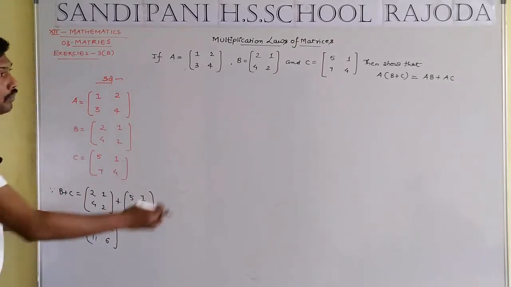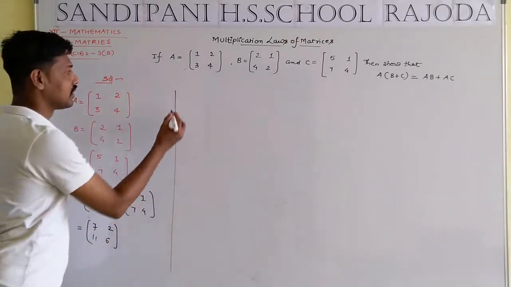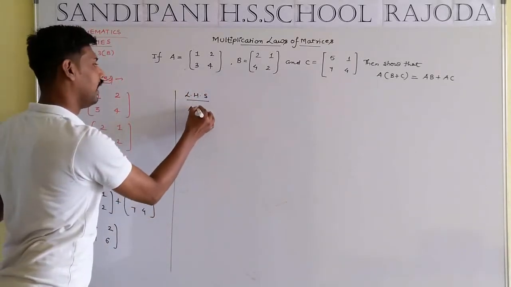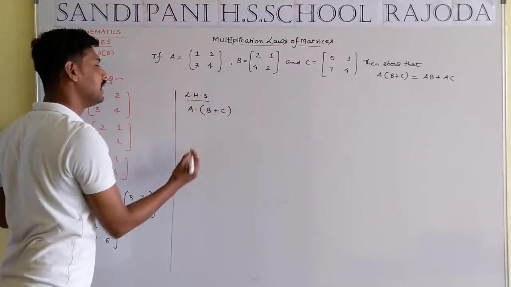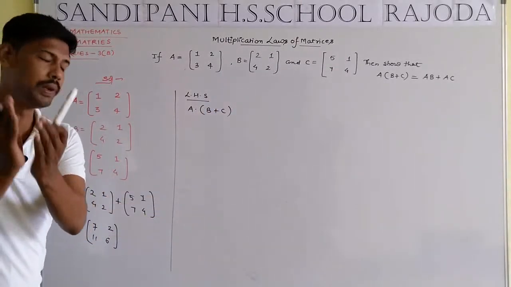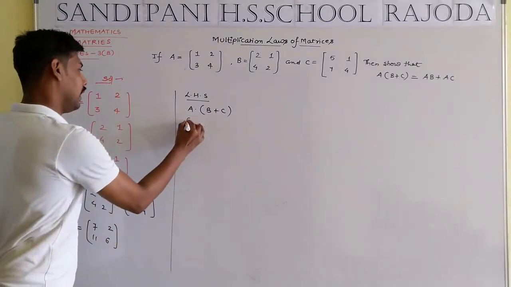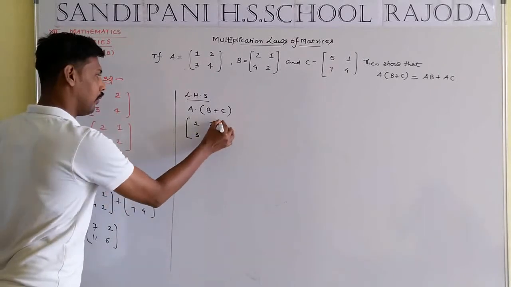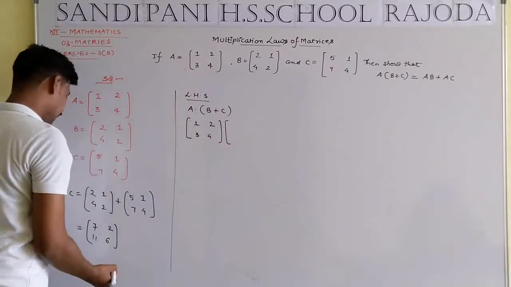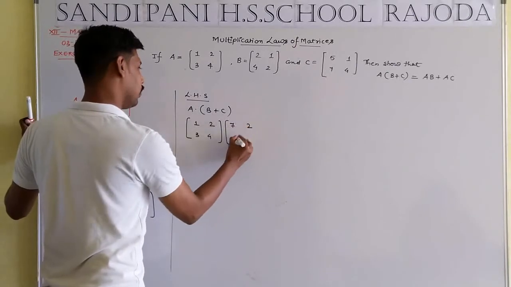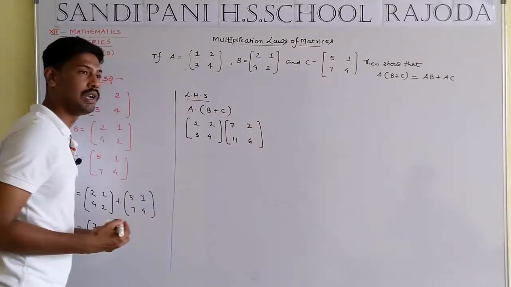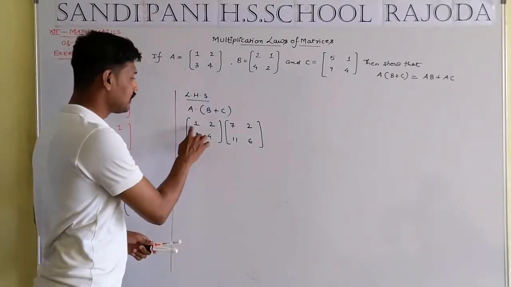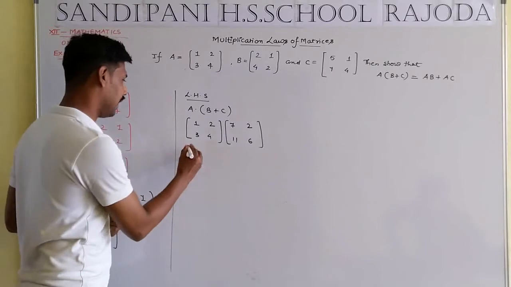Now, according to the LHS, what is the demand of the LHS? LHS will be equal to A dot (B plus C). What is A? A is [[1, 2], [3, 4]], and B plus C is [[7, 2], [11, 6]]. How do we multiply, students? Multiplication is the simplest form: first row multiplied by the first column. That means